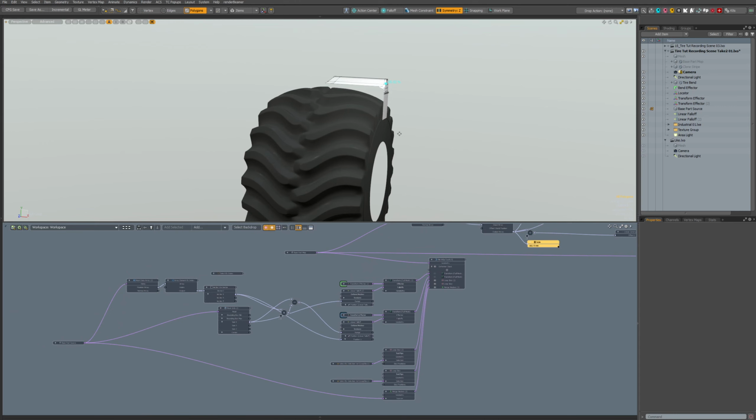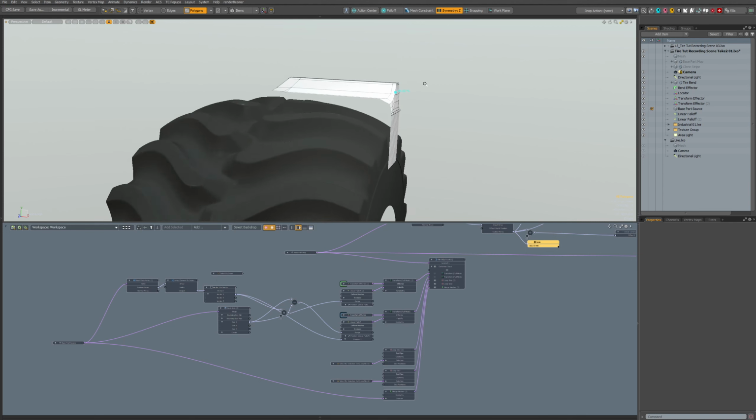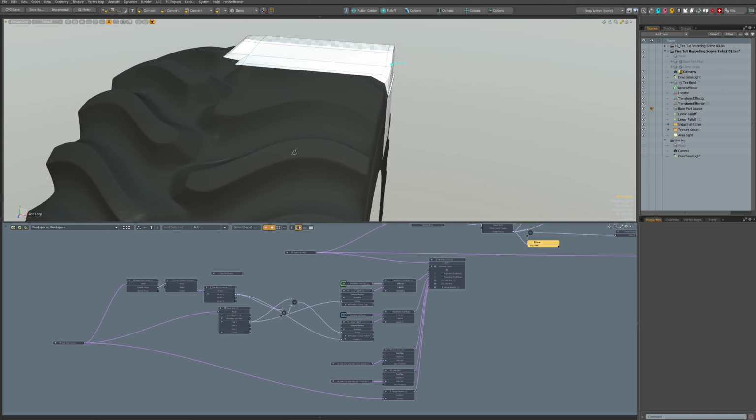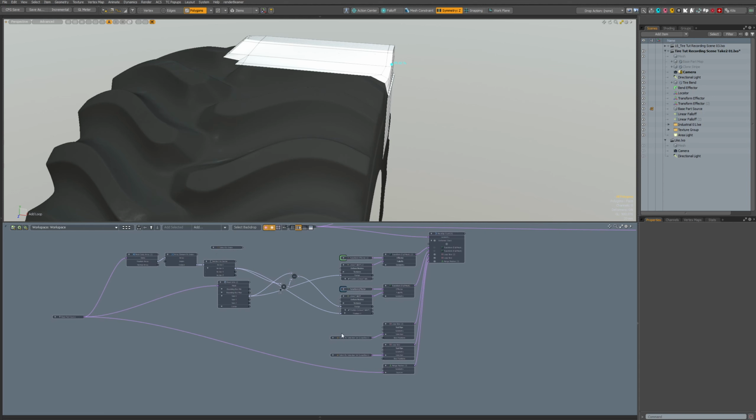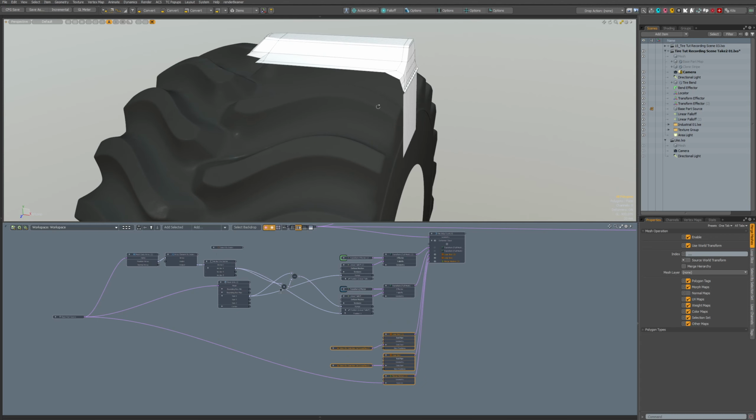Now it's looking sharper. Now we do that bulge here. Not sure what would be the best approach for it. Maybe if I use transform effector, I need to think about it.